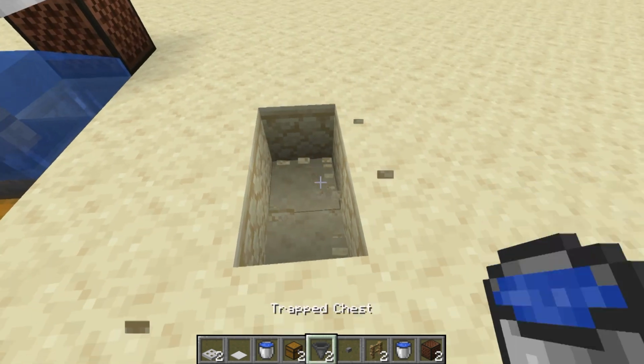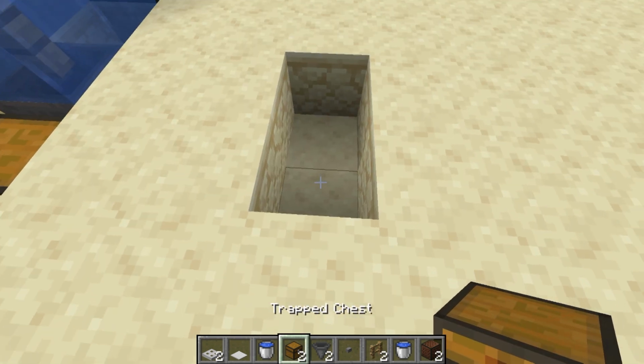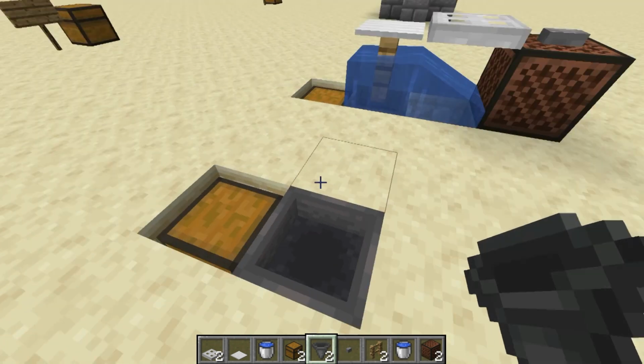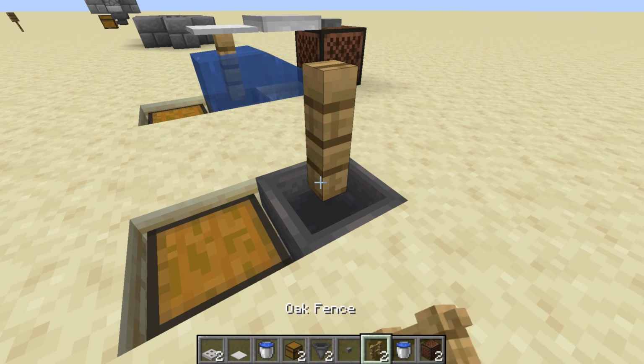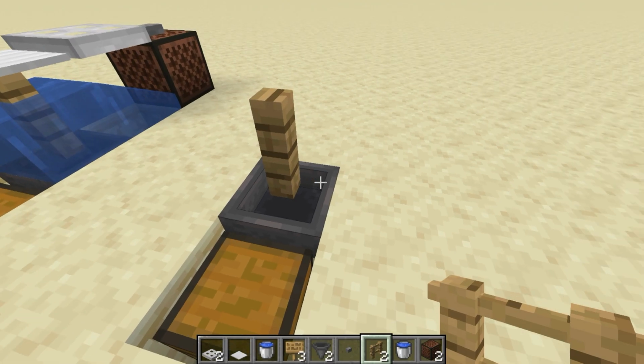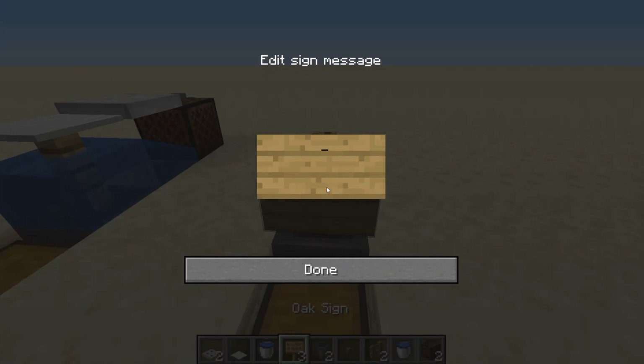I'm going to go over just a couple, and we're going to kind of start it out the same way. This time we actually only need to dig 2, so we're going to go ahead and put a chest there, and then put a hopper into that chest, and then a fence gate on the top of this one. Now this is where your signs will actually come into play. So you're going to put a sign here,